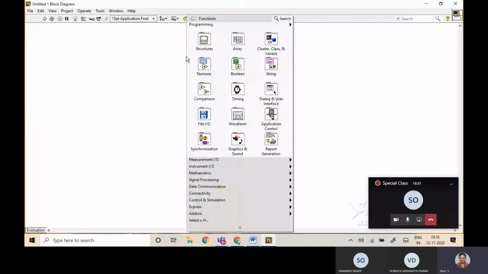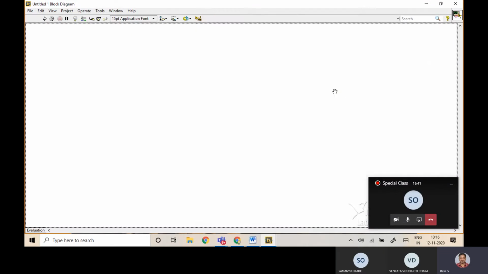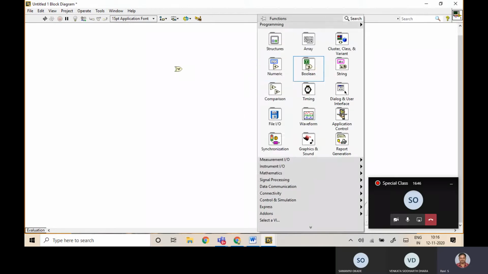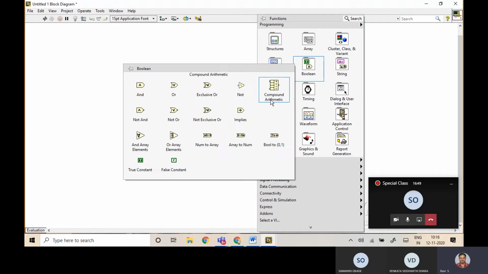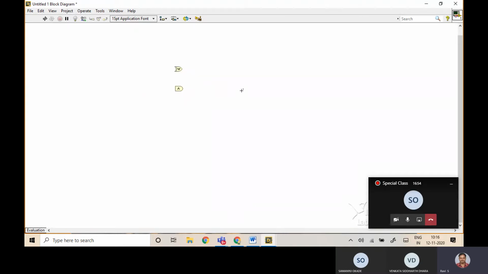For that, right click and go to the Boolean option. There the logic gates are available. I need XOR as well as AND for implementing the half adder. So let me take XOR first, then again go to Boolean and select the logic gate AND. Now two logic gates are ready. If you go to the left side, close to the pins, you'll get some highlights there. Similarly, the output pins will also be highlighted.